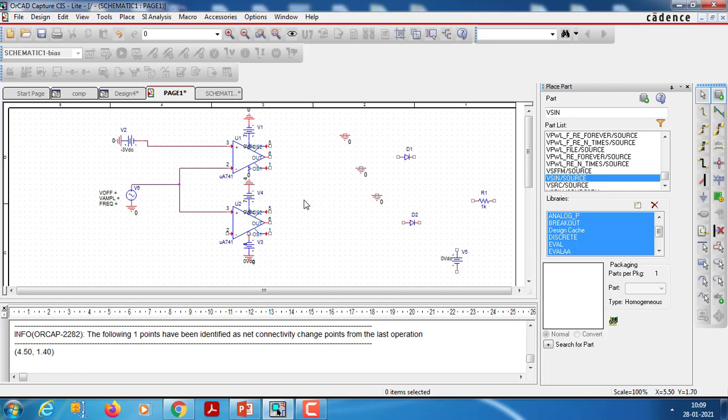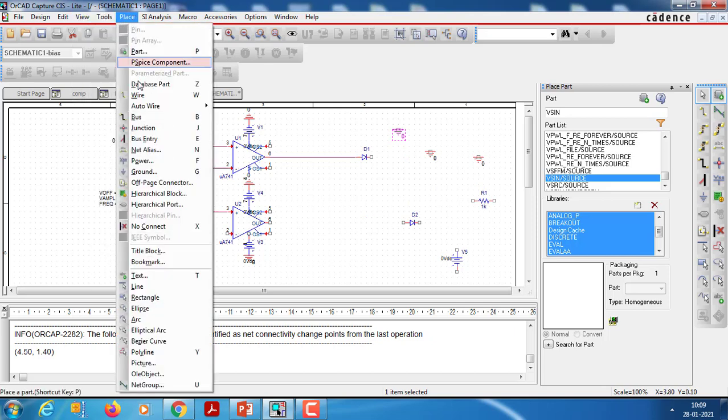So now at pin number 6 we place one diode. Again at another pin number 6 we place a diode.